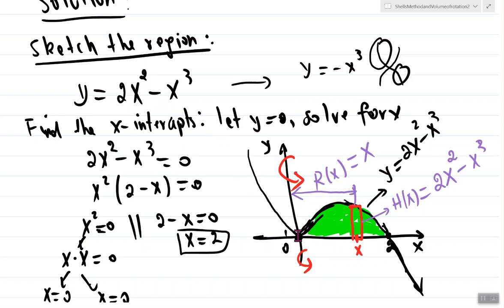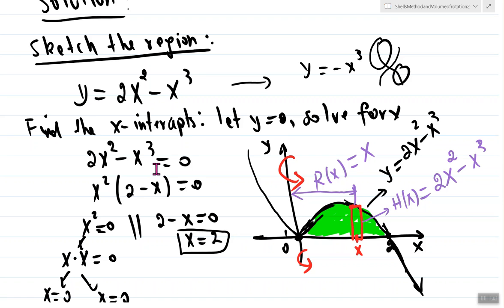Now what we need is the limit of integration. So we know that this curve is basically touching the x-axis at 0. At least we know one limit. But what is the other point here? So these two points are what we call the x-intercepts. So we can just go to the function and find the x-intercepts by setting y equals 0 and then